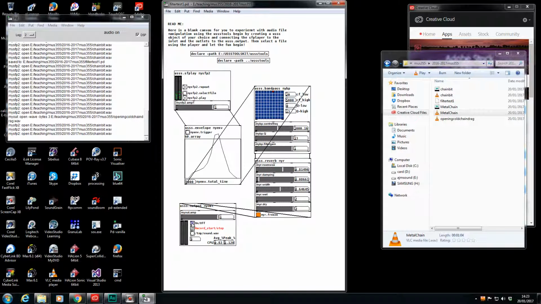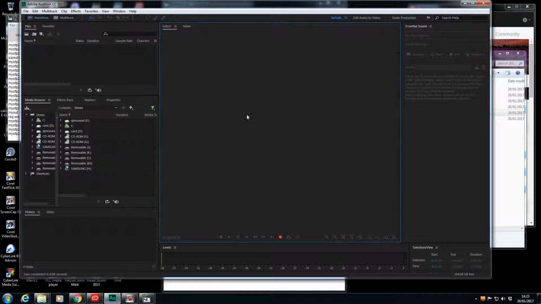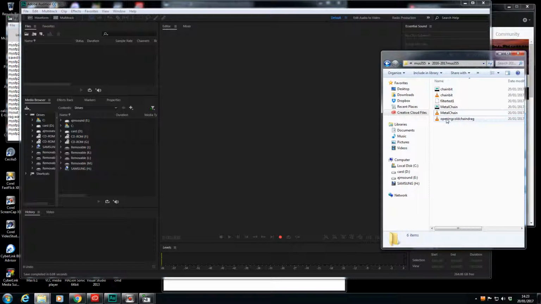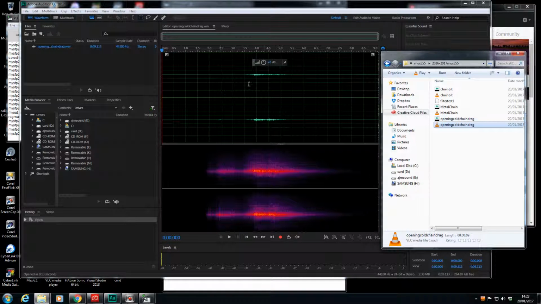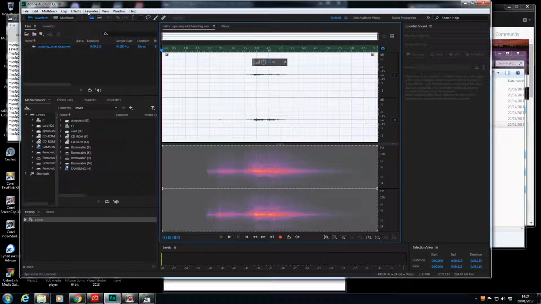Now that's still quite a low volume sound. I could take this now into Audition if I close this one and open my cold drag chain sound. Yeah, it's not really come out at the sort of level I need, but I could now